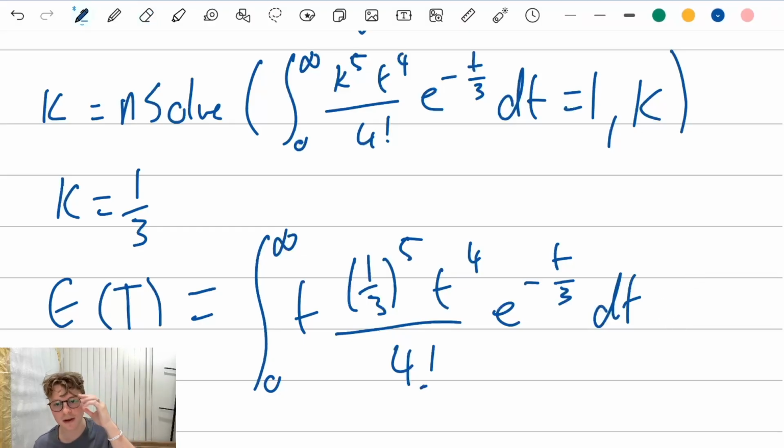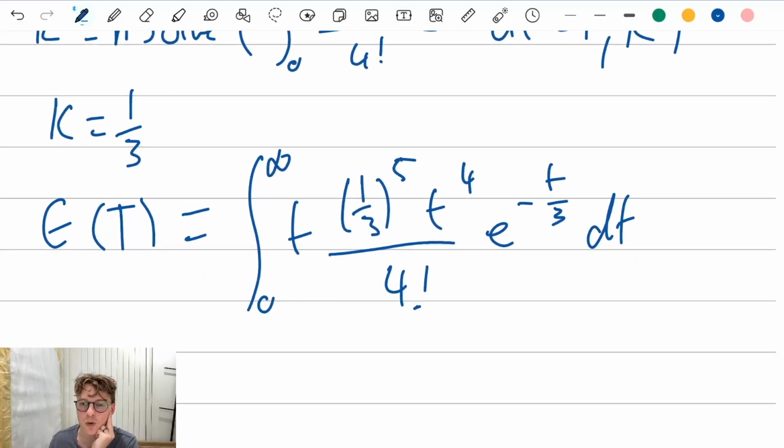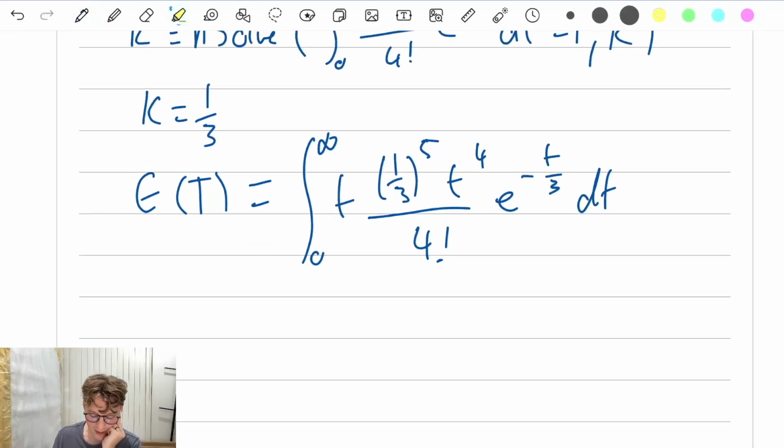So I'm just finding my expected value. I could simplify this a little bit. I think my calculator is going to have no issues with it whatsoever, but it is worth pointing out that if you are having calculator issues, you can multiply these two parts together. Sometimes it can be a little bit weird with definite integrals. You can make that 1/3 to the power of 5, t to the power of 5 over 4 factorial. That may help. However, if I type that in, I make sure I remember a multiplication sign between these two things, or brackets, to make sure the calculator knows we're multiplying,